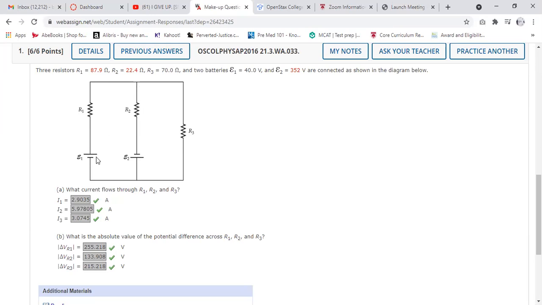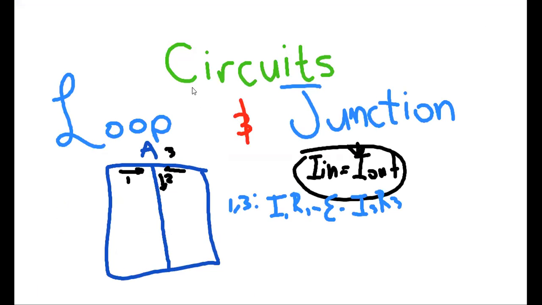So if we're traveling around this way, we're going to hop from the positive side to the negative side again. So you're going to have a negative E2 value. Then you're going to go through R2, but in this particular case, R2 is going to be positive, because they're going in different directions. So you end up having your second loop, which we can go back to the board here. Your second loop is going to be,